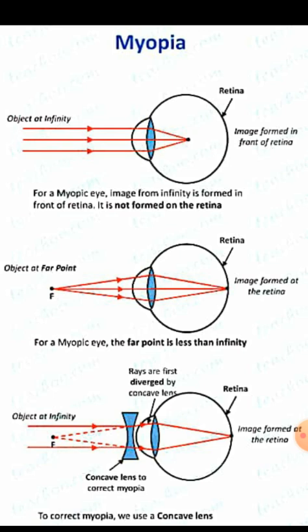So here the image is formed at the far point of the myopic eye. So when we do numericals based on myopia, we take object distance u as infinity and the image distance v is considered as the far point of the myopic eye. Remember, in solving numericals related to myopia and hypermetropia, we should take both u and v as negative.